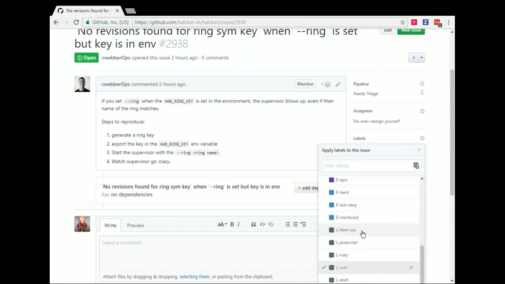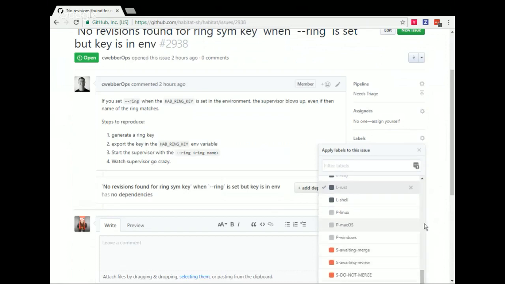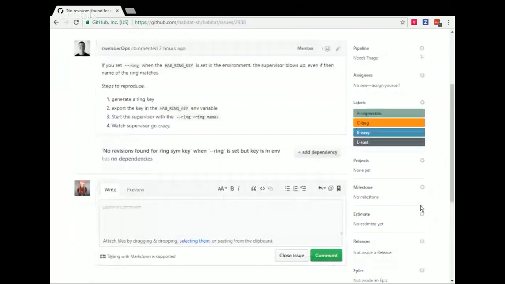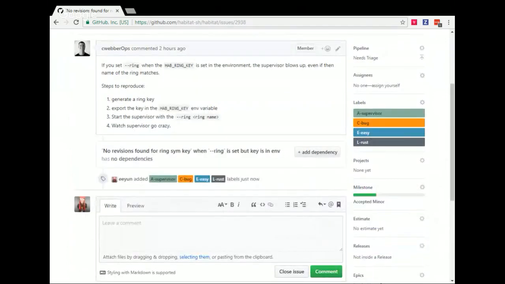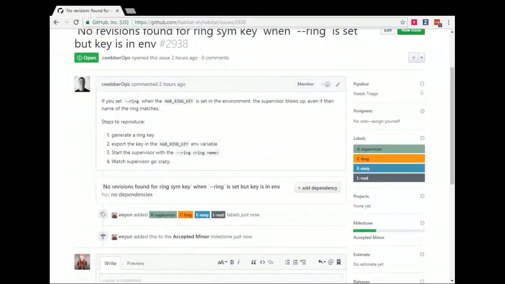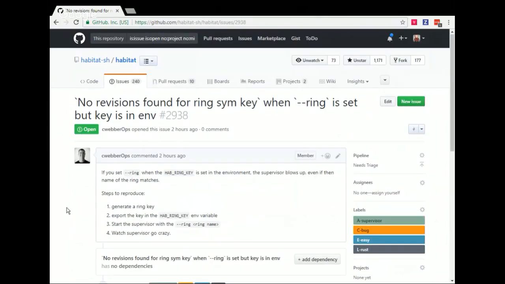I hesitate to mark both of these easy, but without doing a little more discovery work, that's what we'll mark them as right now. This is going to be accepted minor as well. Anything with regards to the way that we handle encryption inside of the rings and user encryption and all of that is going to be stuff that we're definitely going to want to prioritize getting fixed.